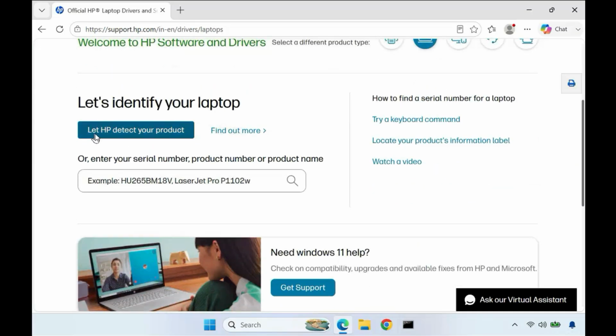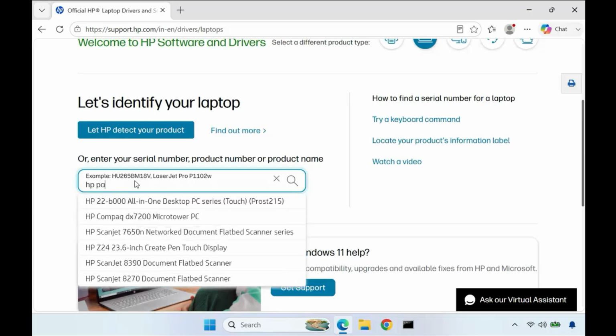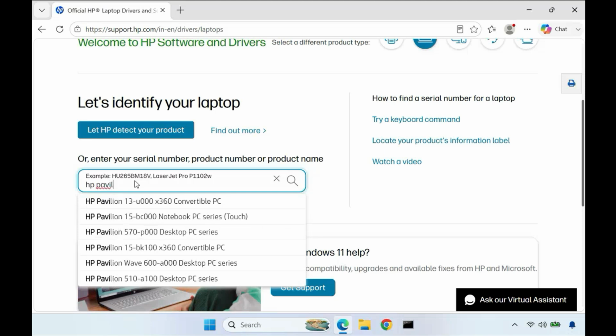Now you can get HP detect automatically. You can click here, it will detect your system. Otherwise if you know the model number then you can type HP Pavilion 15, like which you are using. Okay,